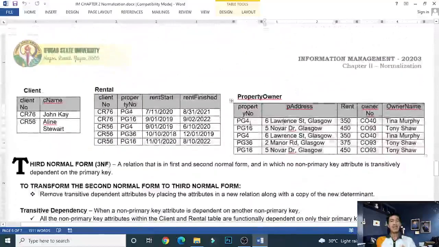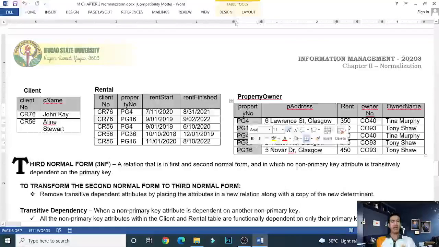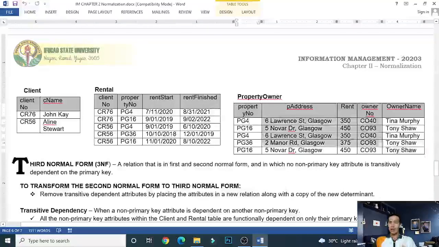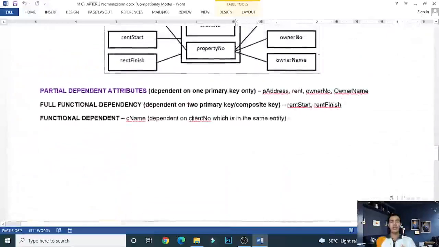So, ito nga, natanggal na. Okay, tinanggal na natin doon, plus, mag-assign tayo later on pala ng primary key. So, parang ito ang determinant, naka-depende sila dito sa property number. So, ito, naka-assign sila sa property number. Okay? So, as you can see here,